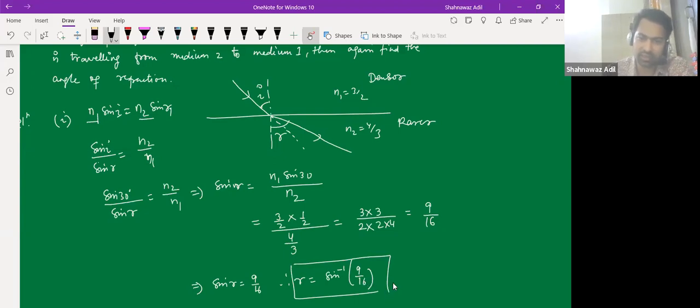So this answer is correct. No one will cross or cut the mark. We also do not have to write the values, because we don't know what sine inverse 9 by 16 is. So we can just leave sine inverse at this point. So this will be correct. Okay,